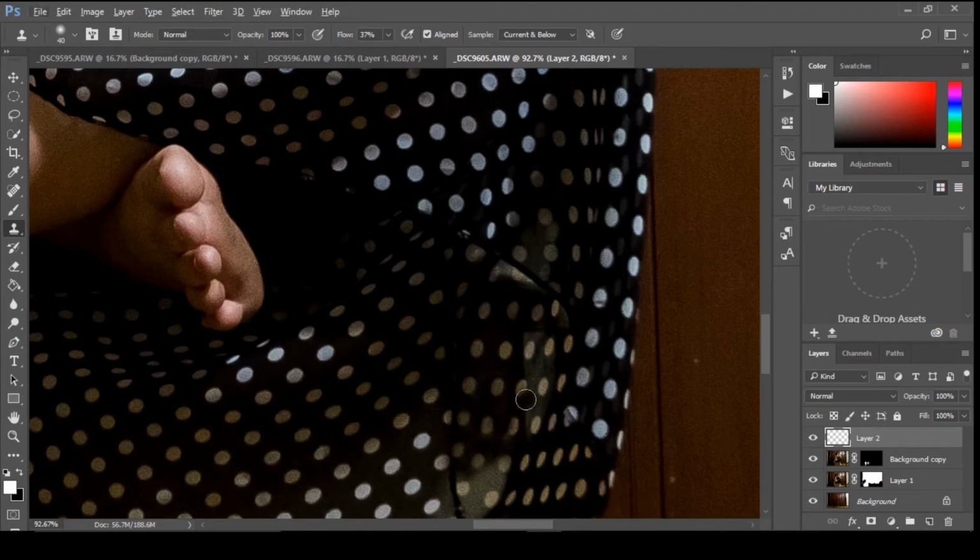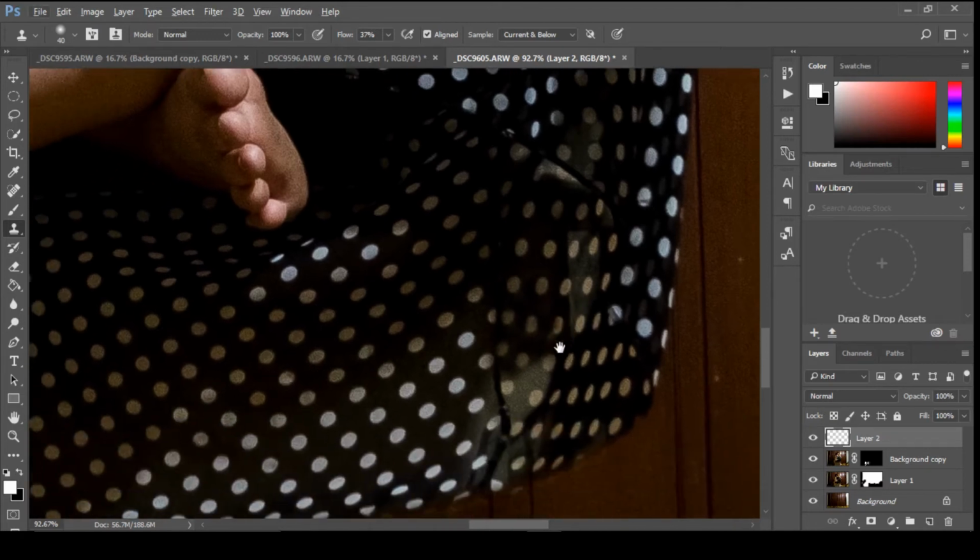If you make a mistake and you want to go back a step, you can always press Ctrl Alt and Z to take a step back, so don't worry about this.